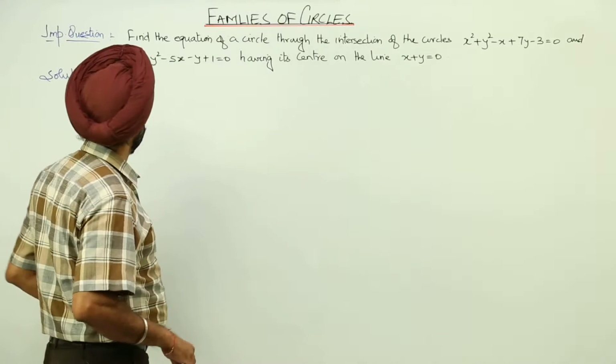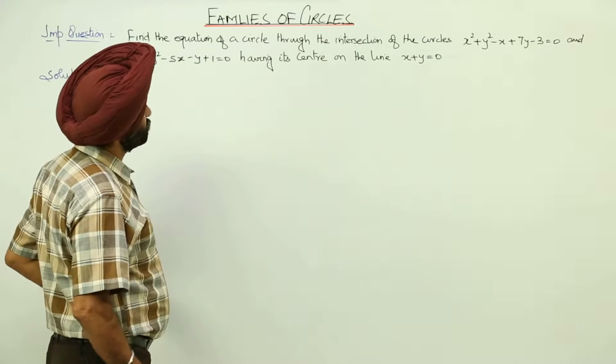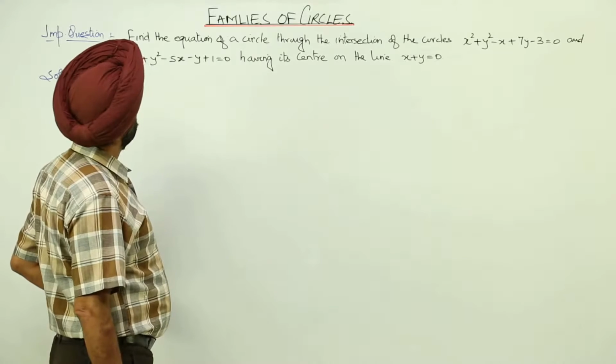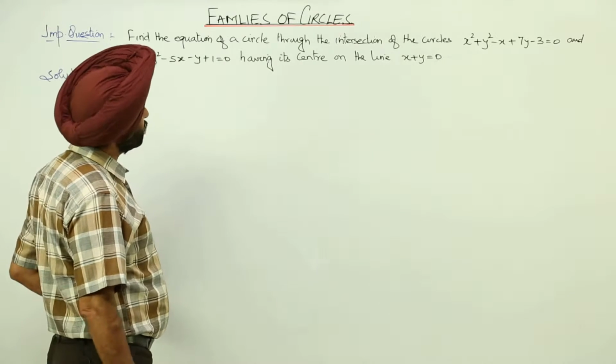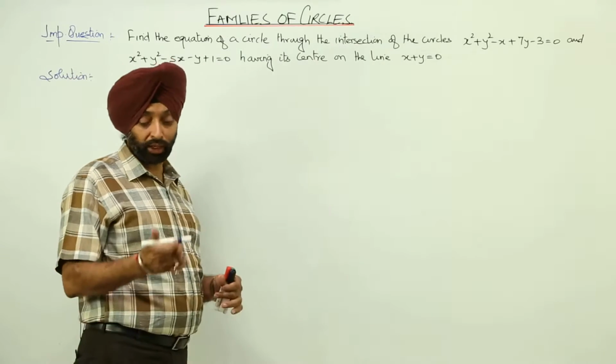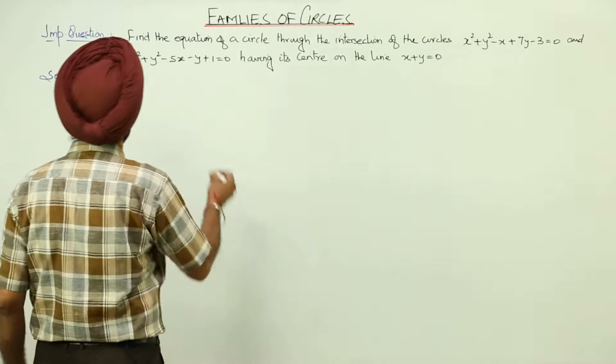An important question. We have to find the equation of a circle through the intersection of the circles, two equations of circles are given, and having its center on the line x plus y is equal to 0. Now,